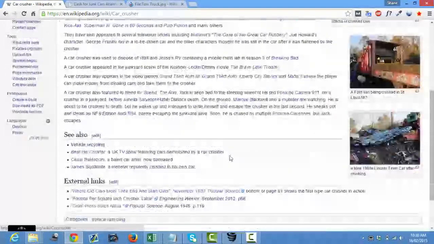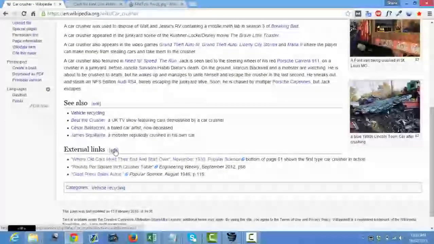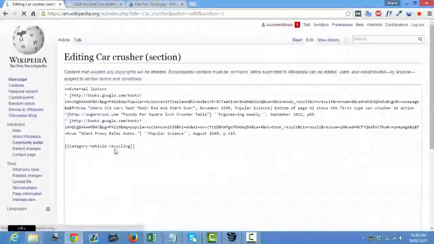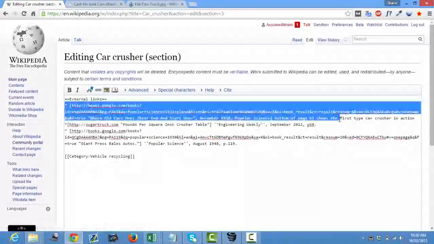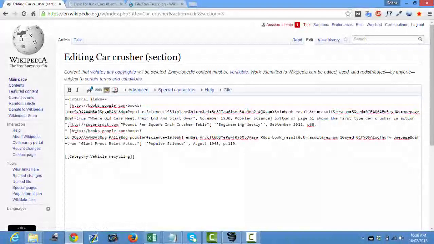So again, if you're not sure how to do the syntax for the edit, all I do is just hit edit on the external link section, and I would just copy this edit and just change it to suit myself. So just amend it.